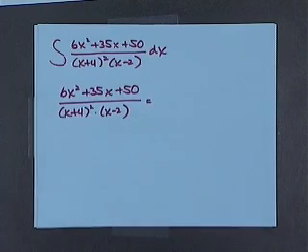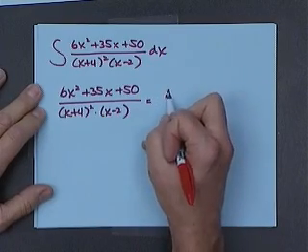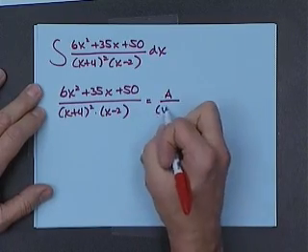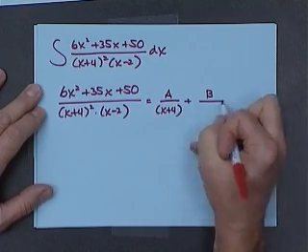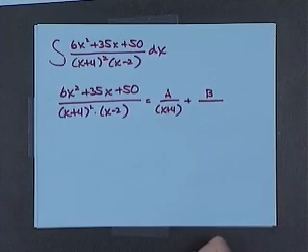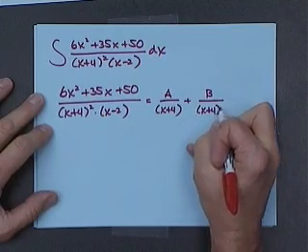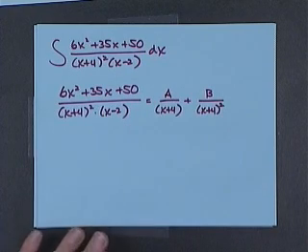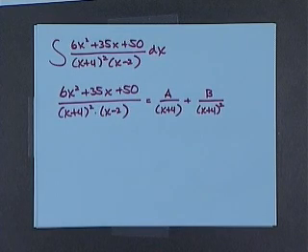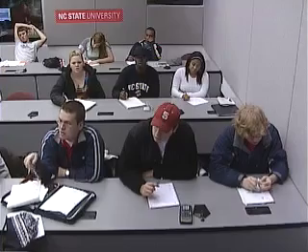So here's the decomposition step. We want to start with a constant A over the first linear factor, B, another constant, even though it might be the same number, I don't know, but I'll allow for the fact that it might be different, over that same linear factor squared. And if I had that factor cubed, I would have a third constant, C, over that linear factor cubed. I know that because we came from a cube, but if I started from this,